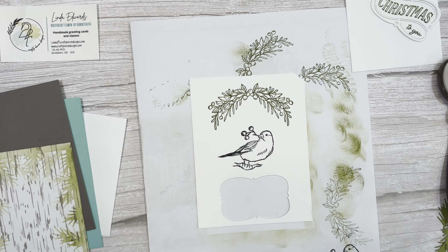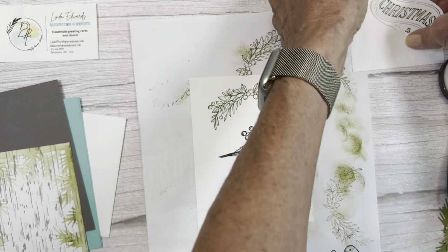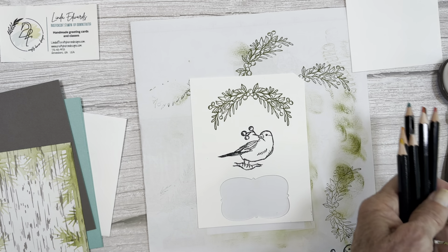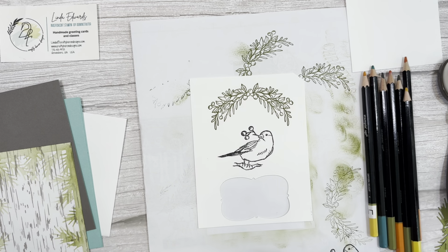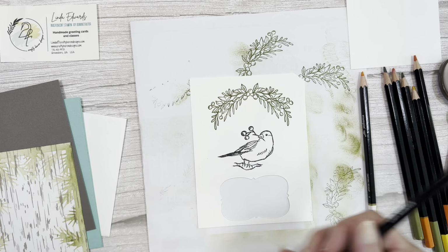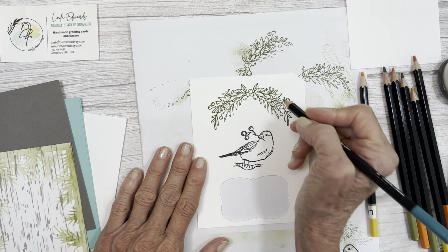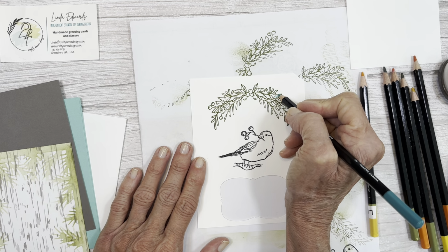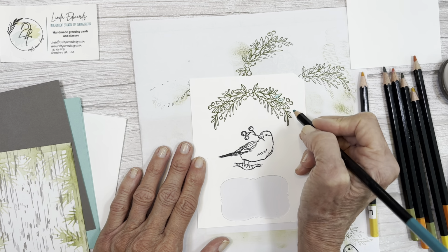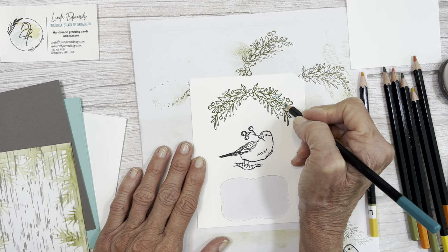Okay, so now we're going to do some coloring. Let's go ahead. I'm going to bring in the water pencils. And I've got a bunch of different colors here. And I'm going to start on the outside, and I'm going to use, this is Coastal Cabana. And I'm just going to color in these leaves. The thicker leaves are Coastal Cabana, the wider ones with the